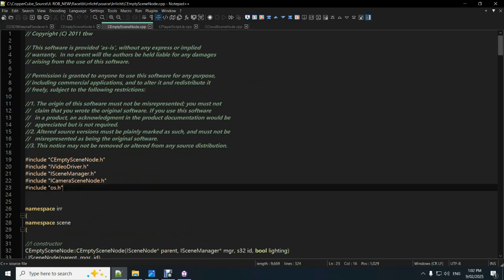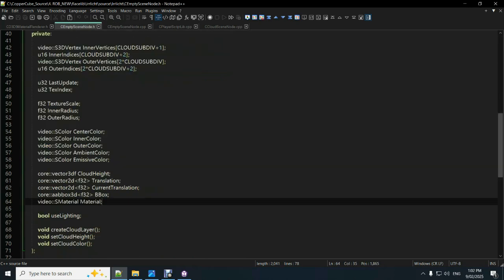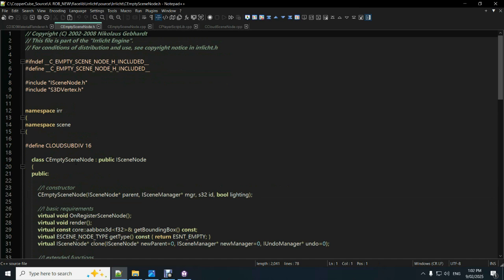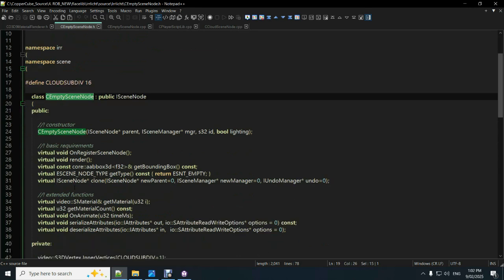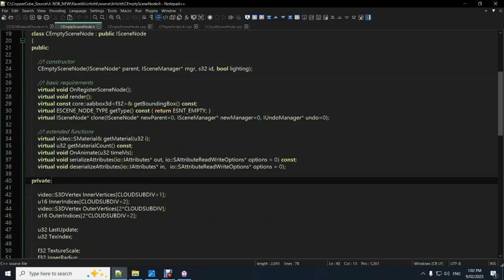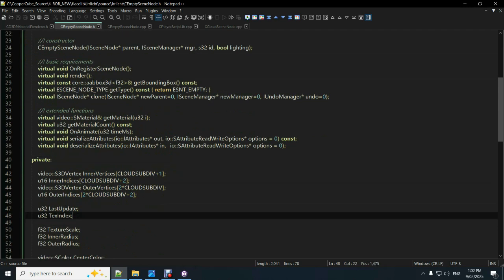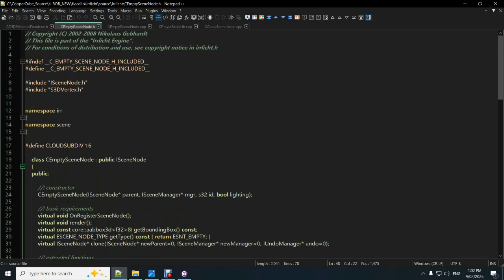So you normally have all these include type files, but when you go into Scene Manager and include, it could be anything. In this case, I've actually made use of empty scene node, which is already part of CopperCube. I've just thrown it in there because it was almost impossible to work out what was not lining up. There's all these changes over time, quite a lot, from CopperCube days to the modern Irrlicht 1.8.5. A lot of changes,